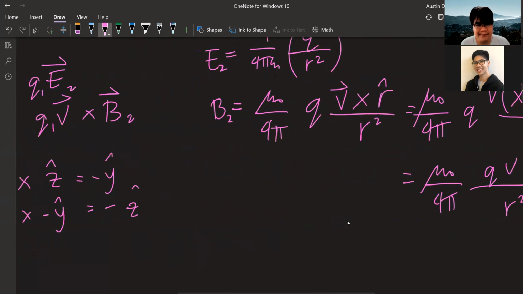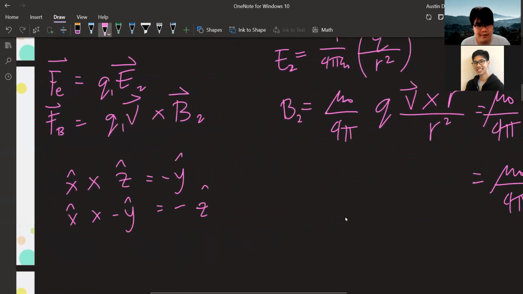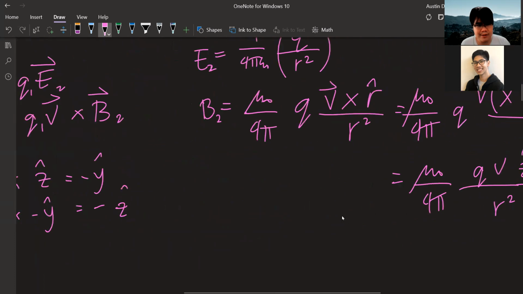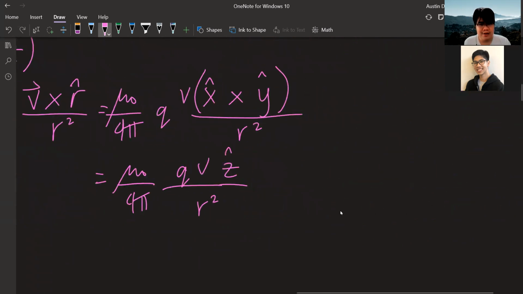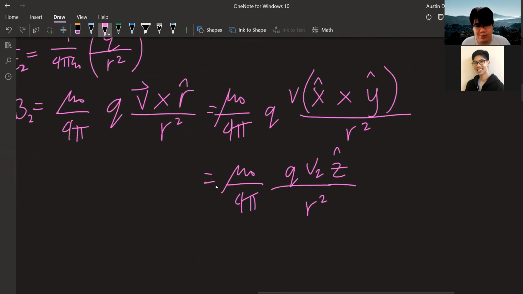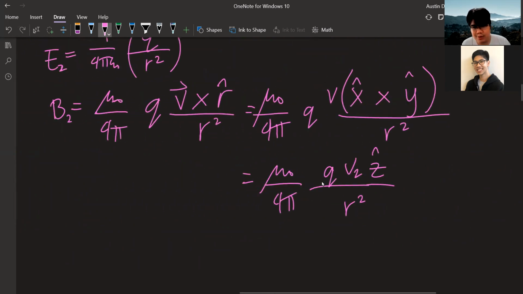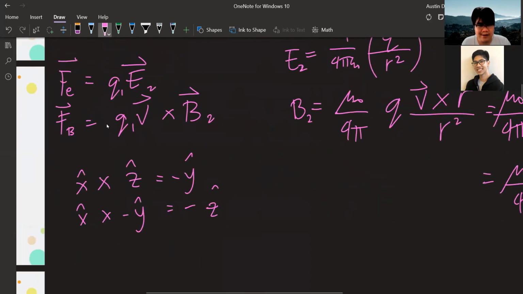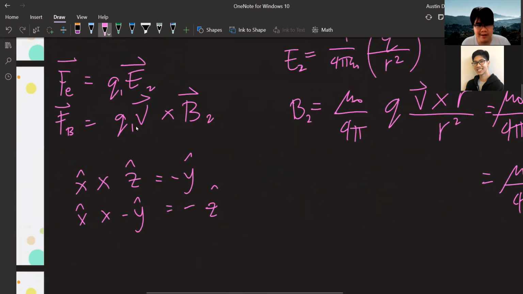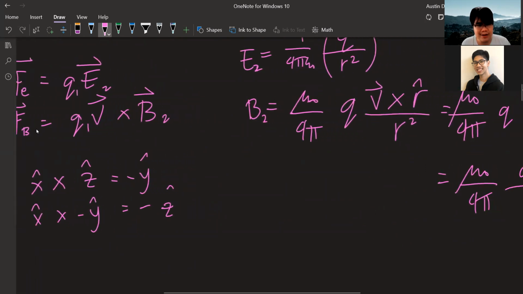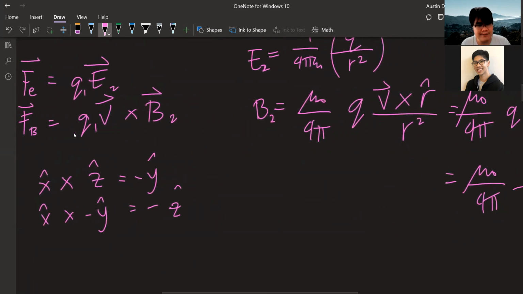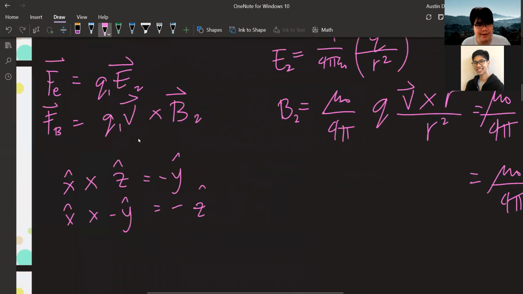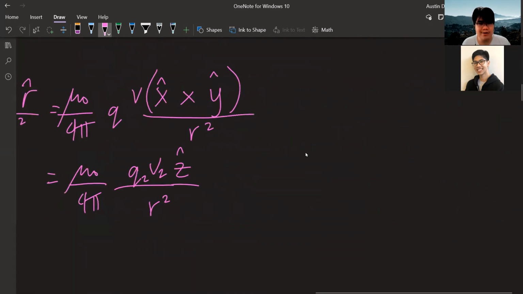Not yet pa pala. Okay. So, ito, just to note it, this is V2, okay? Yung velocity ng charge, 2. This is Q2. Just to denote lang, para hindi tayo malito. Kasi dito magkakaroon ka ng V ulit sa force between the two charges, magnetic force between the two charges. So FB